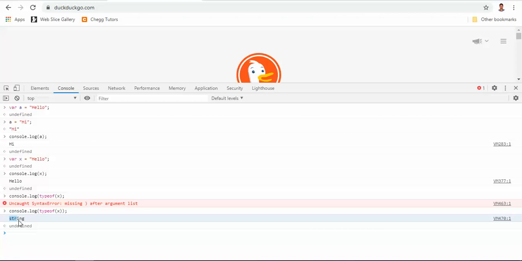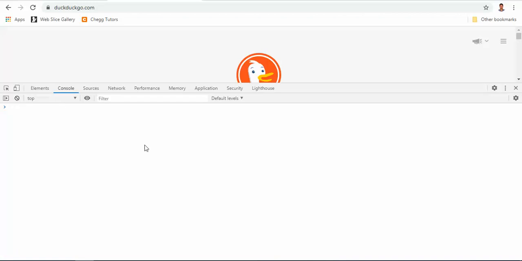Now it is showing that the type of variable x is string. Okay, so let's clear this console.